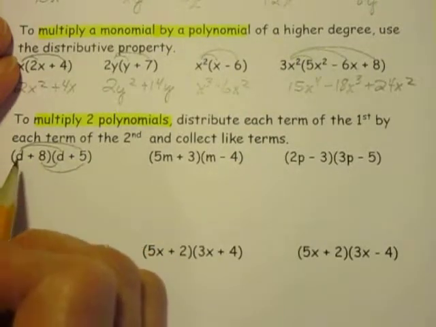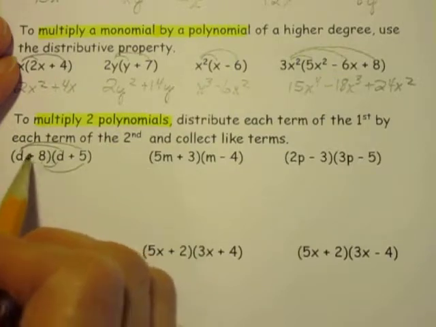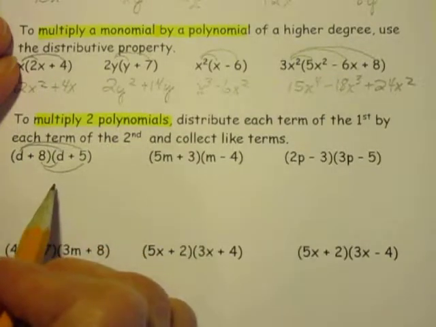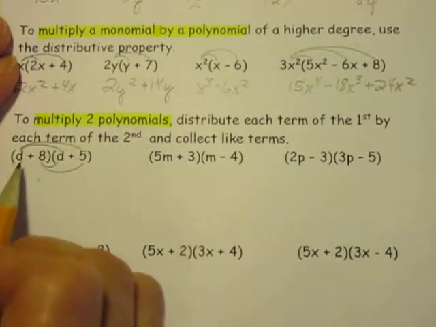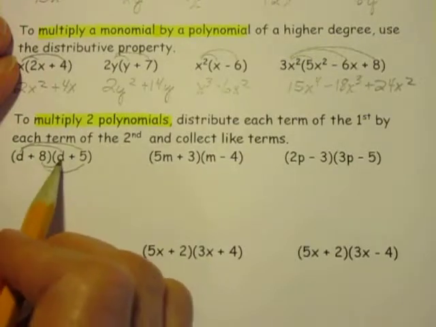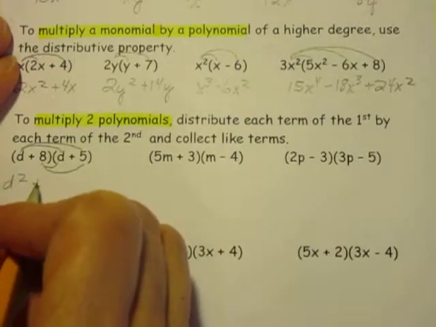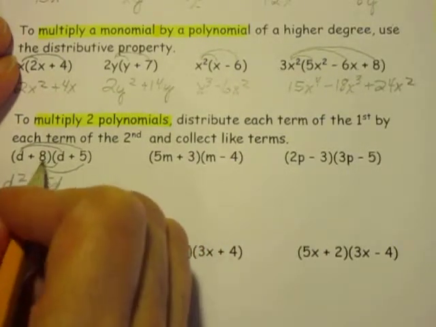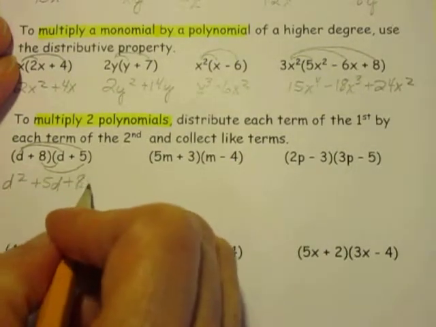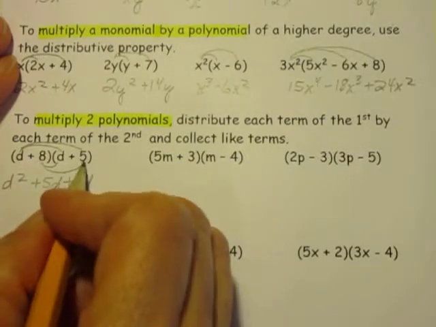So I had a student one time who kind of named this rainbows and scoops, and I've used it ever since because every student seems to pick up on that pattern. So d times d gives us d squared, and d times 5 is going to give us plus 5d. 8 times d is going to give us plus 8d, and then 8 times 5 is going to give us